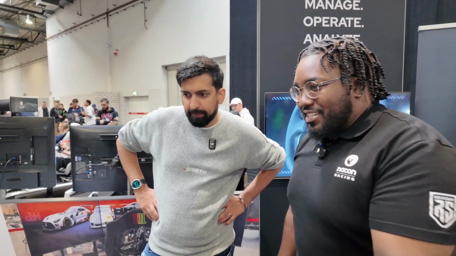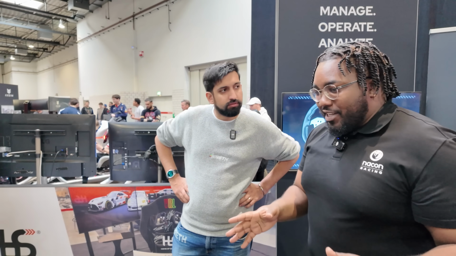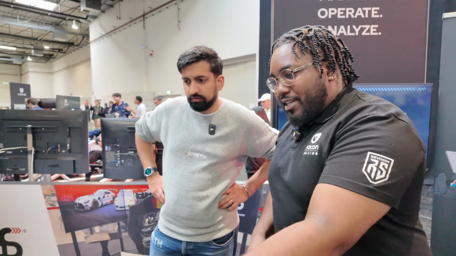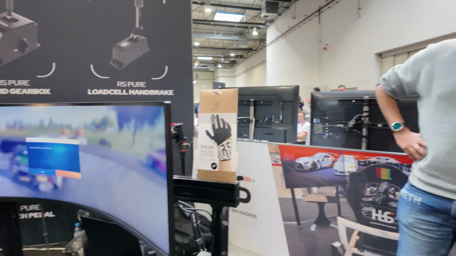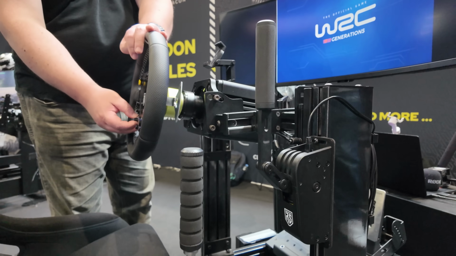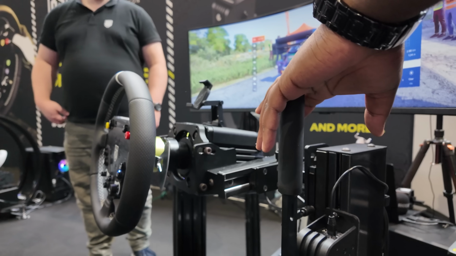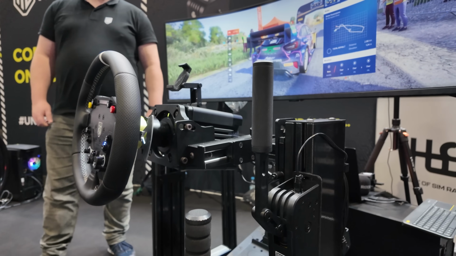So right here is the Revosim WRC setup at Sim Expo. On the D-Box setup, and we have our handbrake and our shifter accessories, and of course the clutch pedal as well, but you saw that earlier on the other rig. So one of my favorite things about the handbrake, and now I think last time you might not have seen it on this setup, but...